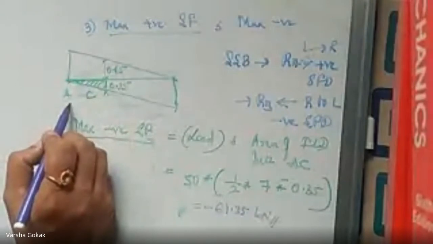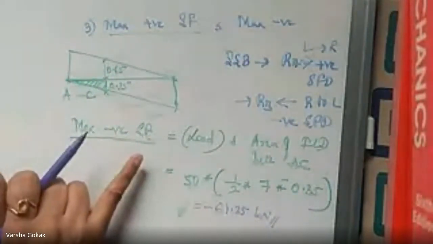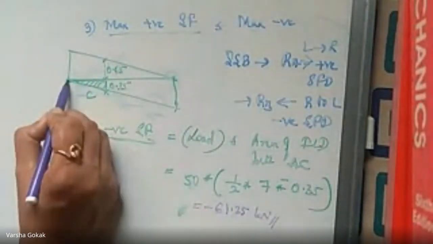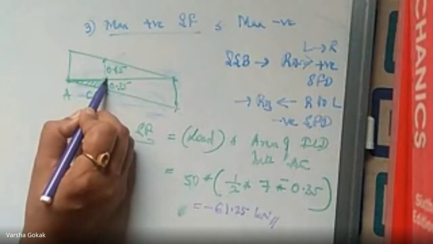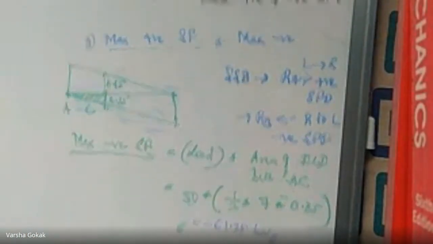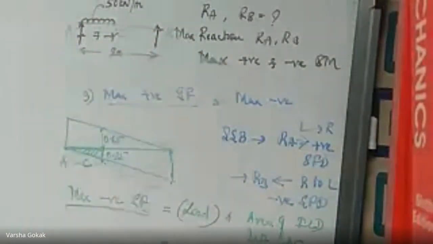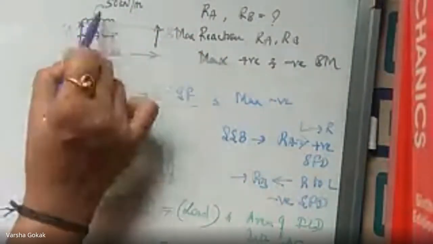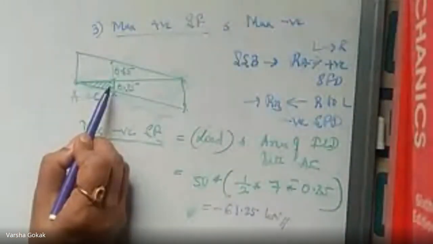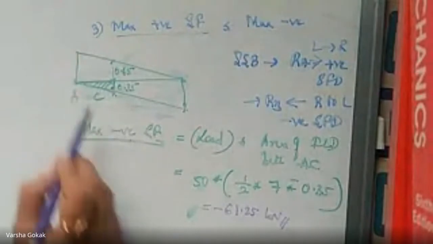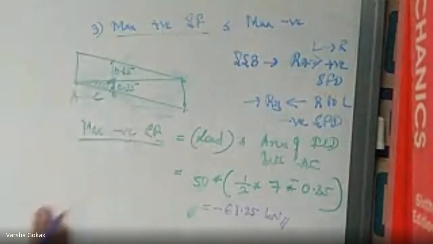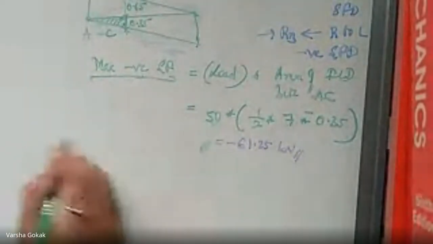So when I'm trying to calculate the negative shear force value, it is going to be between A and C. Why did I pick A and C? Because your loading is from A to C. Say this is A, this is your B, and this is your C, right? So A to C is where the loading is. That's why I have to pick the area between A and C. In this, when I'm calculating for negative, negative is the area of the triangle. So we substituted for the area of the triangle and we got the value of minus 61.25 kilonewtons.